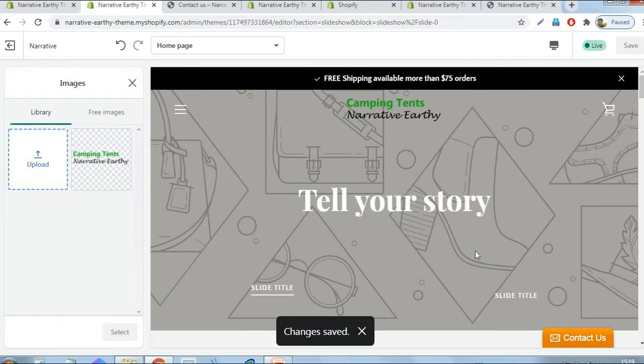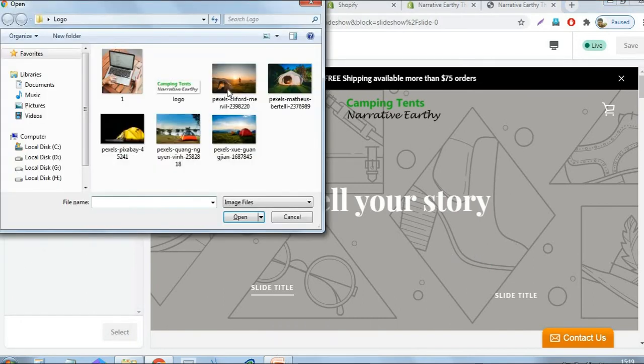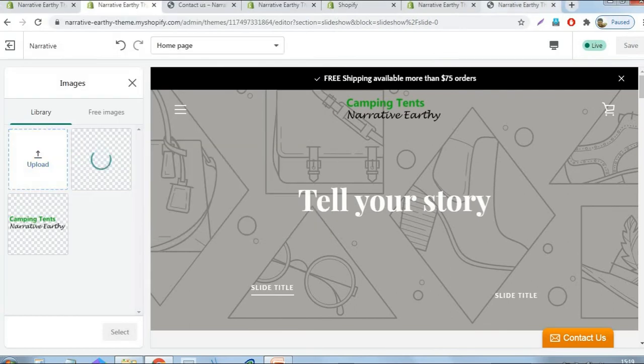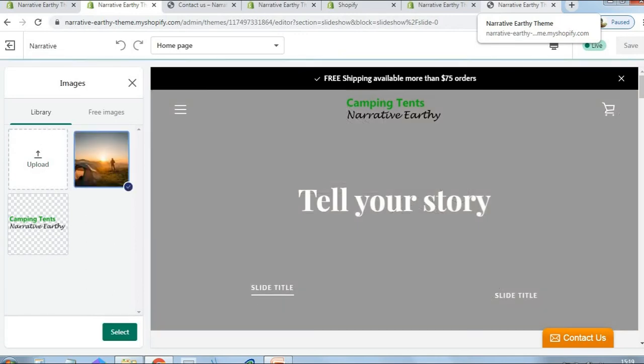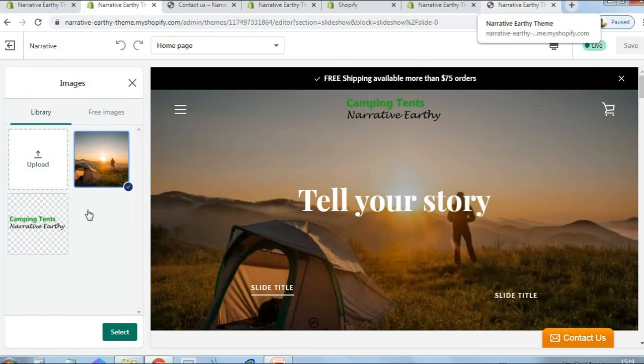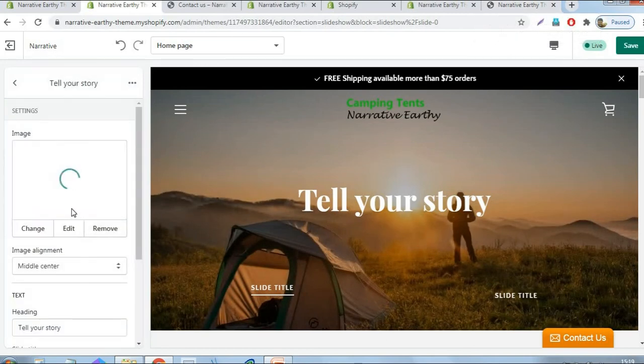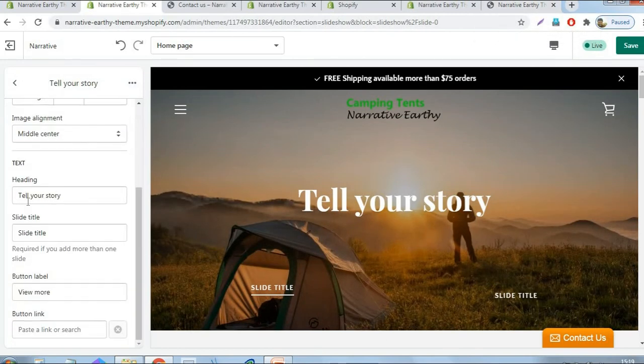The first image, I just upload the downloaded photos from Pexels. Yes, this one. Okay, just select.